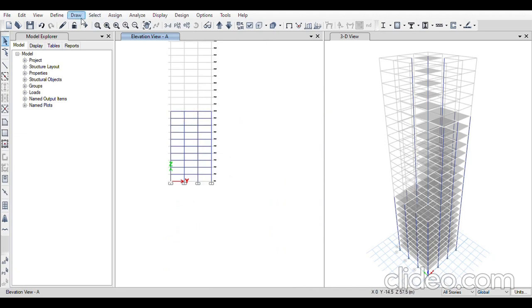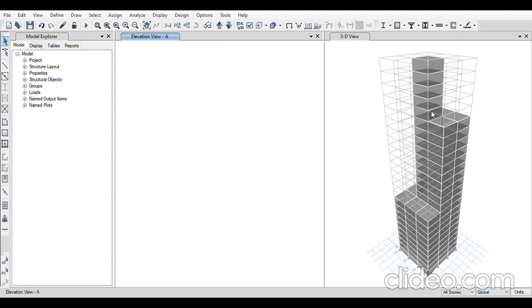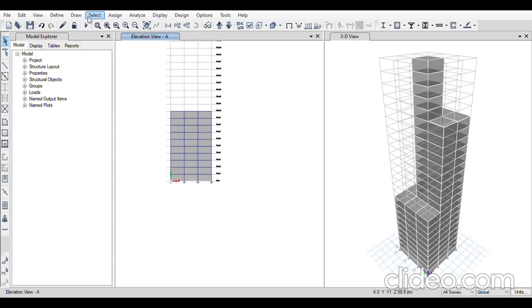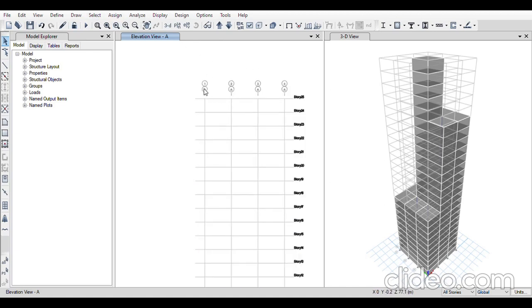Before that, I'll go to draw, auto cladding, use floors, I click on OK. I have taken the elevation along A axis.